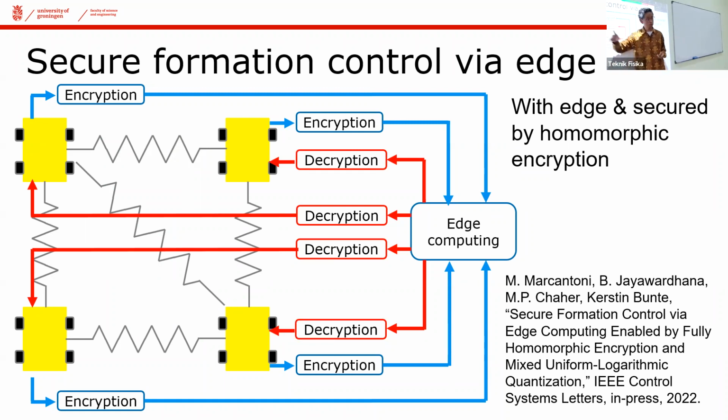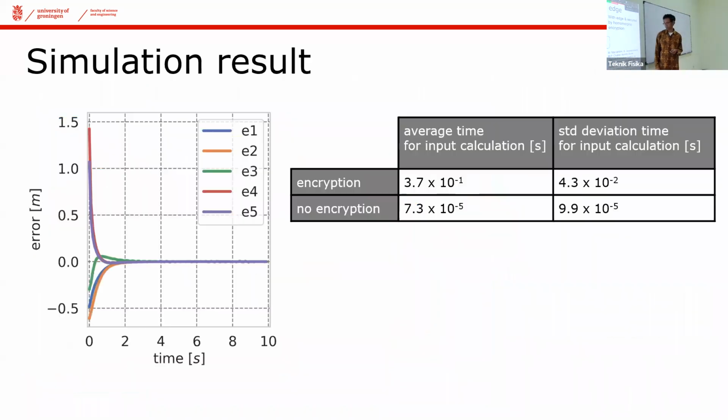So every agent can use different keys, and then when they send it to Google, even though they are using different keys, they do multiplications, additions, and then they return it back. They decrypt it using their own local key. And in fact, that works very well. And you can take a look at the paper that we have that is accepted in the IEEE Control Systems Letters and will be presented in Cancun at the CDC this year.